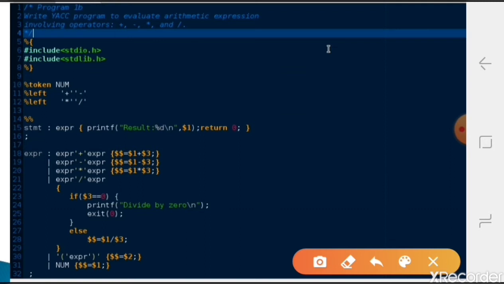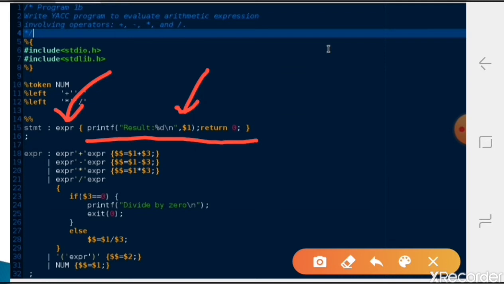Here, in this action part, whatever input is coming from the lexical analyzer, we will evaluate it and then display the result directly. So when the entire statement, whatever the grammar start symbol is, is identified, it will calculate it, and the action part directly gives the result. Here the result is nothing but a printf statement, where we display the result with %d, and here we have given $$.